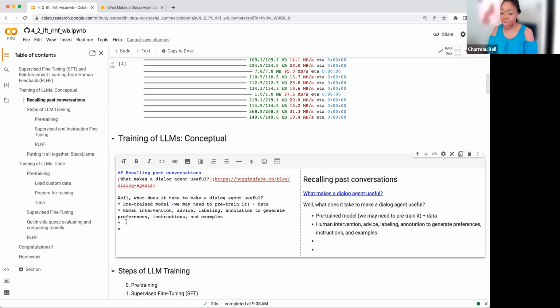So what are we using those for? We're using those for supervised fine tuning, namely the SFT for safety, and then the instruction fine tuning. We're just going to call that IFT. So it'll actually be able to do the things that we want it to do, and then also do it in a helpful way. Then we may want, and we probably do want, to have this reinforcement learning.